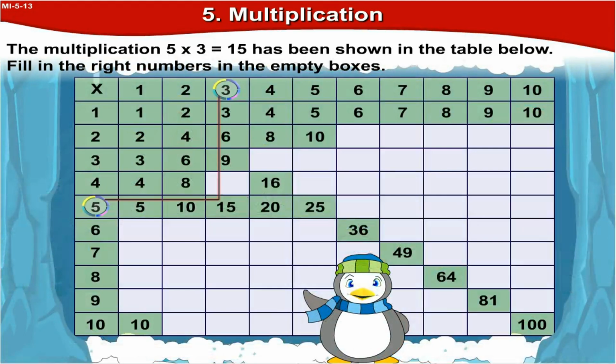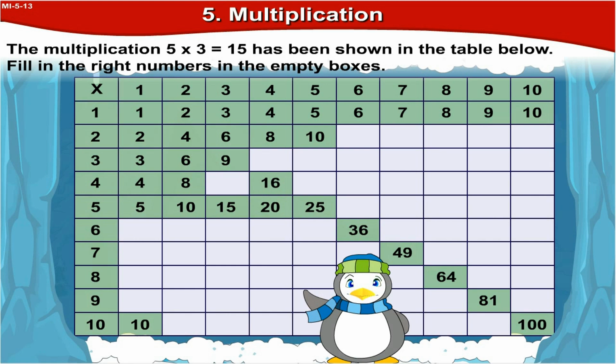The multiplication 5 multiplied by 3 is equal to 15 has been shown in the table below. Fill in the right numbers in the empty boxes. First, let us see the table carefully. If you notice the table, you will see that numbers from 1 to 10 are written in a row. Similarly, numbers from 1 to 10 are written in the form of a column as well. And in between, the sign of multiplication is given,